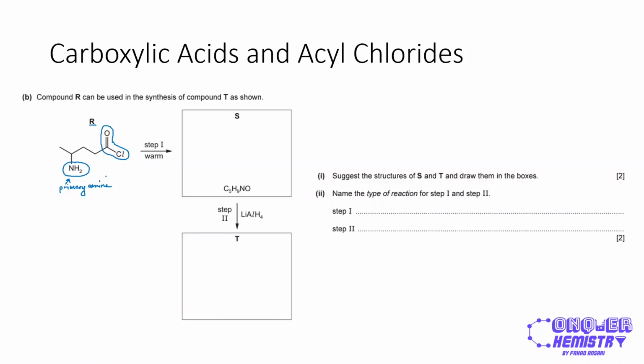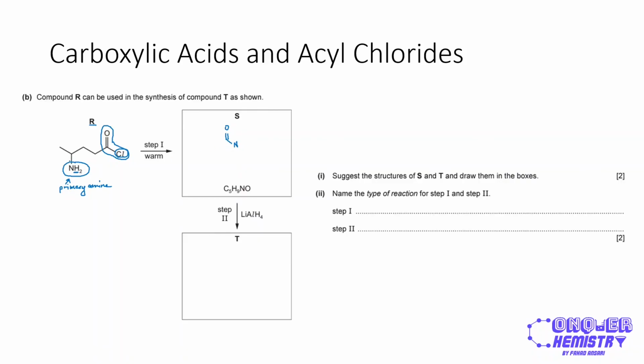So when we warm this baby up, what happens is these 2 functional groups will react with each other in an addition-elimination reaction. And what happens is basically an H is eliminated from the amine, and the Cl is eliminated from the acyl chloride group, and we get an amide, right? So if I draw that structure over here, I have C double bond O. This is going to be bonded to nitrogen over here,